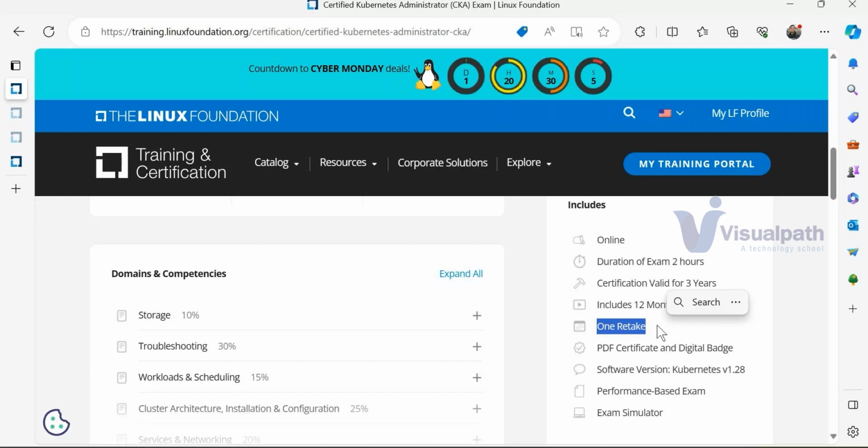But let's say, unfortunately, God forbid, nobody will fail in the first attempt. Everybody will succeed in the first attempt itself. But God forbid, in case we are not able to do well and we somehow miss by some marks and fail the first attempt, what can we do? These guys will give you a free chance. That is called a free retake. So one retake is given free of cost, right? That means 1+1. There are two chances to clear the certificate. That is the end goal. So this is the beauty of this thing.